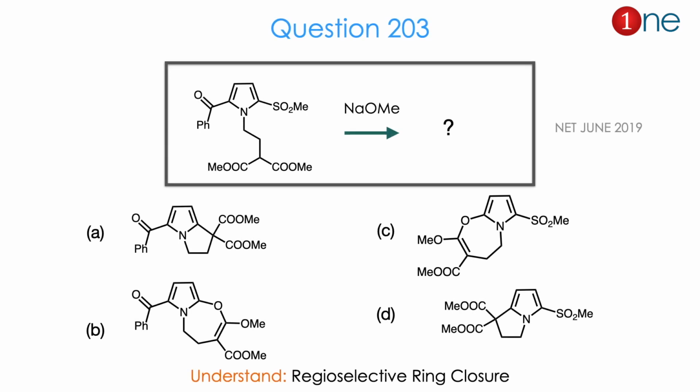Then let us look at the next question. The starting material is a phenol attached with SO2Me on one side and phenyl ketone on the other side, and N attached with a long chain with 2 ester groups. Here you have one active hydrogen. So they have given 4 different products. The ring closure, basically. The ring is closed on the sulfur side, or the ring is closed on the ketone side, or the ring is closed with carbonyl oxygen, or the ring is attached with the ring. Basically they differ in the ring size, whether it is a 5-membered or 7-membered ring, or the choice of the carbon. So from the structure and possible 4 answers, you might realize the question is really about regioselective ring closure. The answer is A. Let us see how.